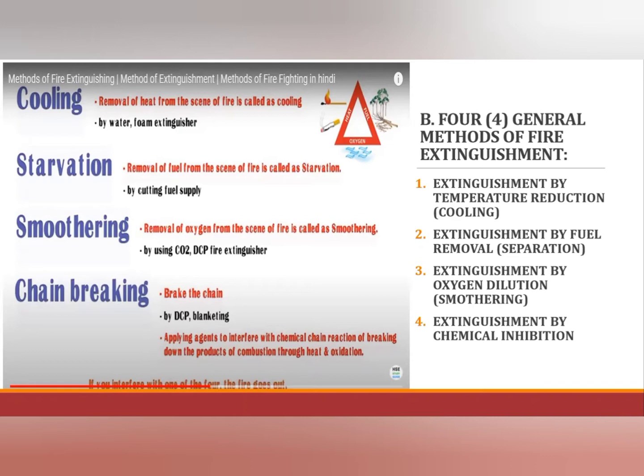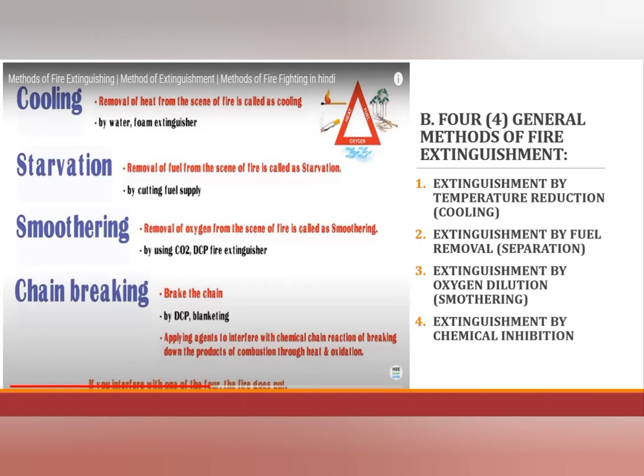Starvation or separation is the removal of fuel from the scene of fire, or elimination of the fuel supply or source, which may be done by cutting the fuel supply, stopping the flow of liquid fuel,